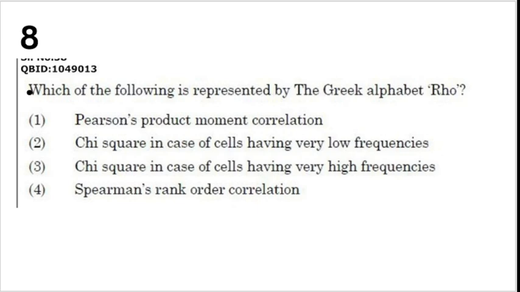The question asked which of these following are represented by the Greek alphabet rho. The questions are interlinked. We have discussed it before also, and a lot of you have answered correctly, which is great. So Pearson product movement correlation was denoted by r,